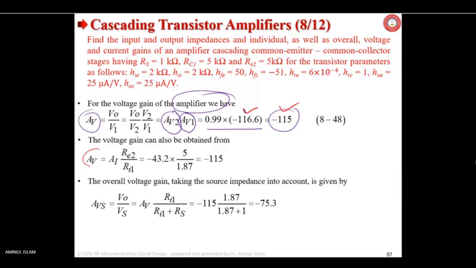Then the voltage gain AV can also be calculated in this way. The overall voltage gain taking source impedance into account. Source impedance now we are going to calculate. AVS we are writing now. VO by VS equals AV into RI1 by RI1 plus RS. RI1 is the input resistance of